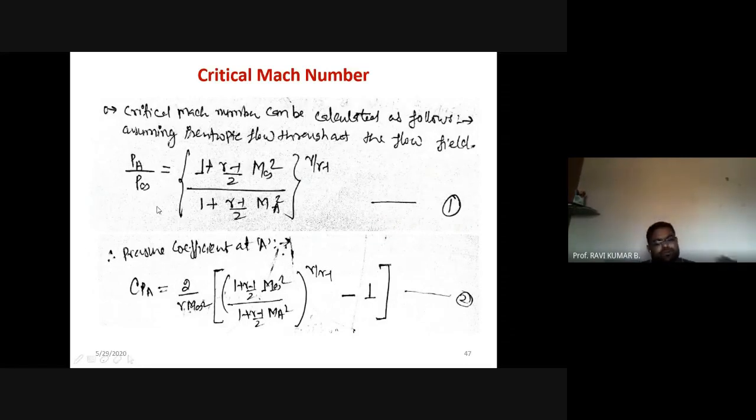So consider two points. One is the free stream point, far away from the airfoil. Another is a point on the surface of the airfoil, where the properties are local properties, right? So the ratio of local pressure to the free stream pressure, I can relate by this equation. One time I can write P_A by P naught, that means the local point and the stagnation point, then the free stream point and the stagnation point. So I can write two equations here. P_A by P naught and P infinity by P naught, if we divide these two, I can get this relation in terms of Mach number.